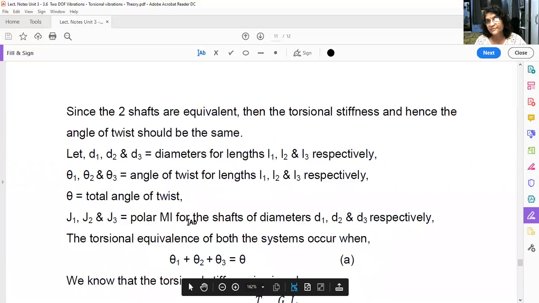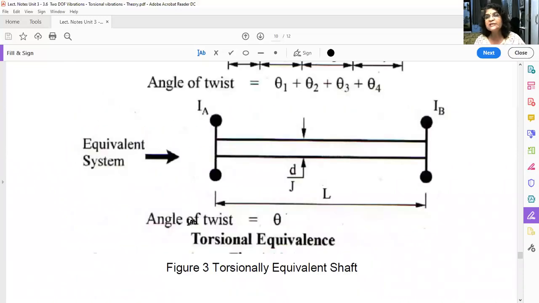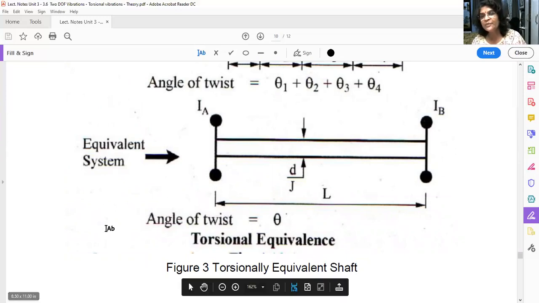Thank you very much for listening to this lecture. From the next lecture, we are going to solve three to four problems on the two rotor system. If you understand this procedure correctly, you will be able to solve any type of problem on the two rotor system. Okay, thank you very much.